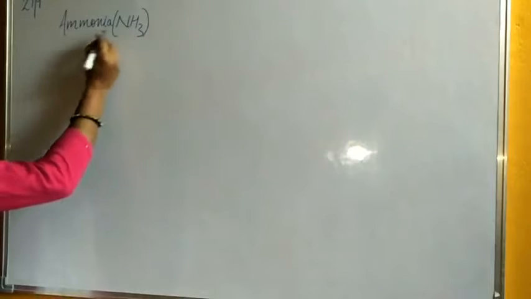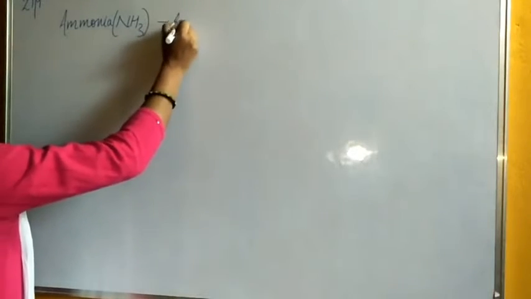Morning students. Today we are going to start our next topic, that is ammonia. You know that it is a hydride of group 15 element, right? It's a hydride of nitrogen. Ammonia is a very important compound. It is found in small quantity in air as well as in the soil by the decay of the nitrogenous organic matter, right? So ammonia is the hydride